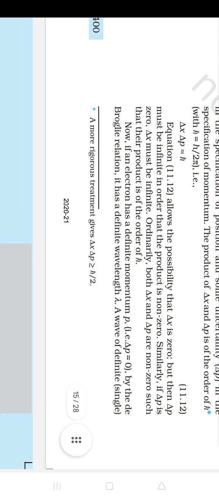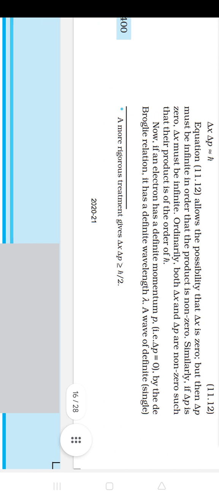Equation 11.12 allows the possibility that del x is 0, but then del p must be infinite in order that the product is non-zero. Similarly, if del p is 0, del x must be infinite. Ordinarily, both del x and del p are non-zero such that their product is of the order of h upon 2 pi. Now, if an electron has a definite momentum p, that is del p is equal to 0, by